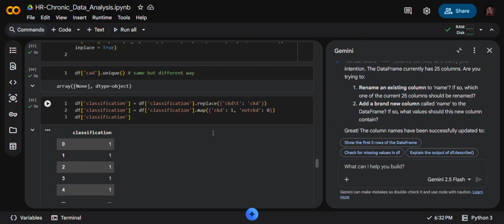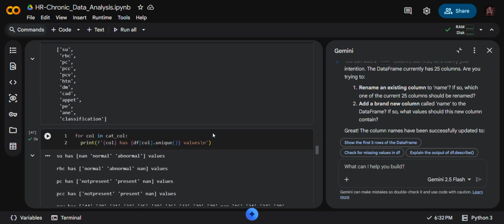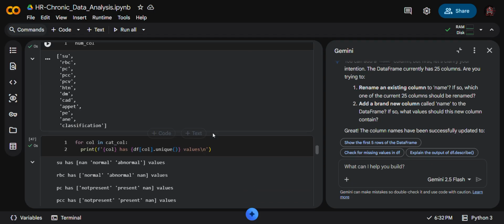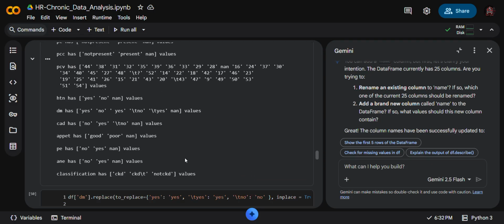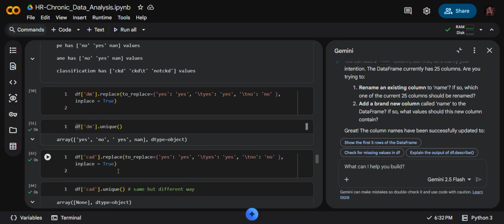Like I've told you, step 1 is the main command, step 2 is dot unique, step 3 you can simply use dot shape, step 4 is dot describe, and step 5 you can simply use dot describe include all.